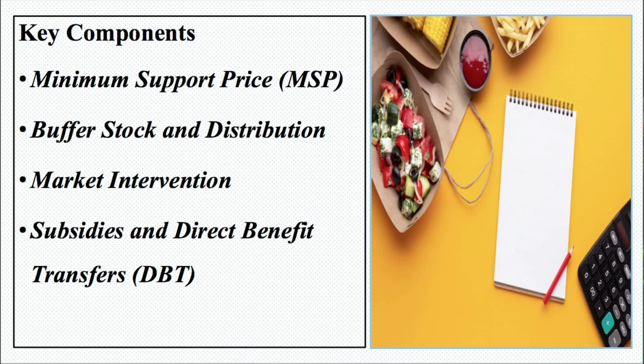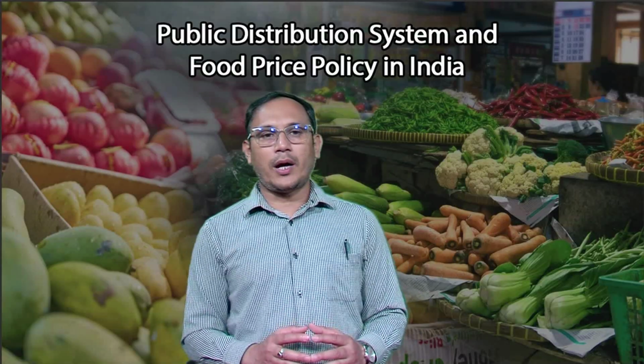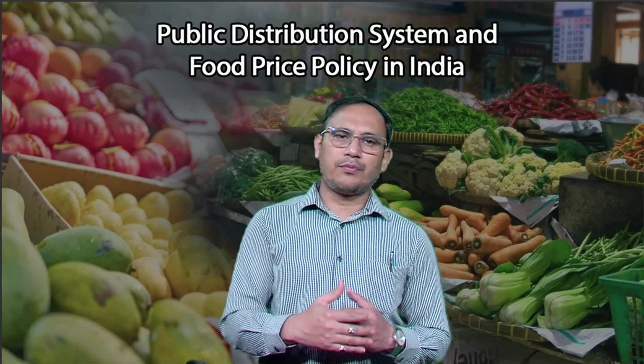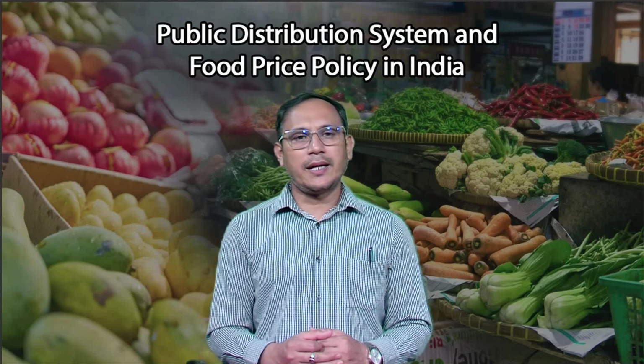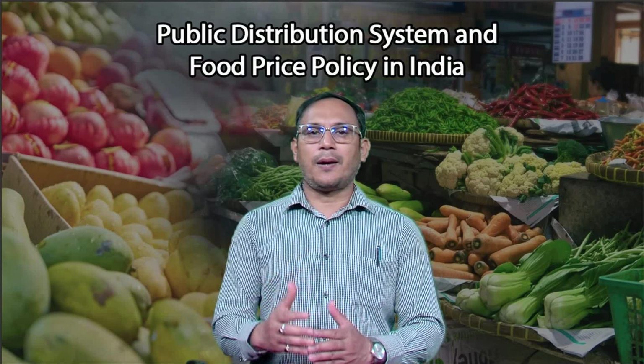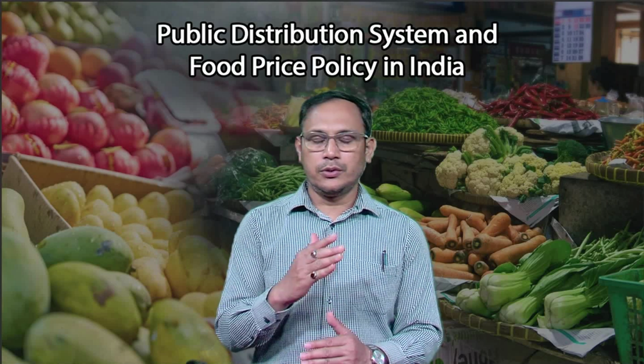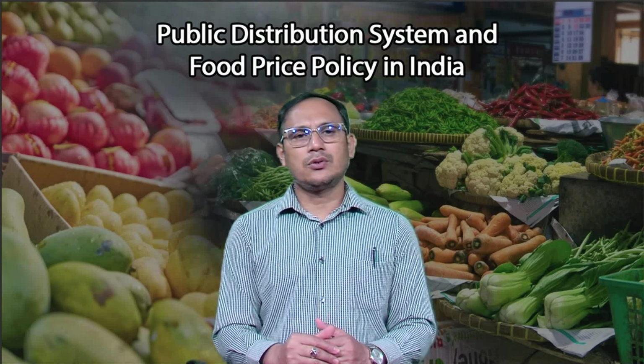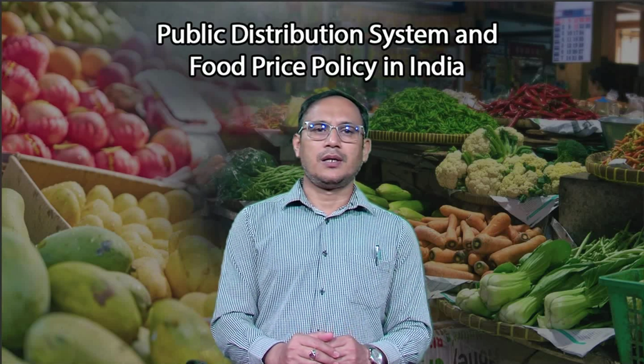So what does the government do? The Food Corporation of India procures food grains at this price to maintain the buffer stock. There is a need to grow a buffer stock, and it is the Food Corporation of India, on the part of the government, that procures food from the farmers and maintains a buffer stock. Now, what is buffer stock and distribution? It is considered to be one of the important components of food price policy in India: the government maintains the buffer stocks to manage supply during storages or shortages and distributes grains through the public distribution system.